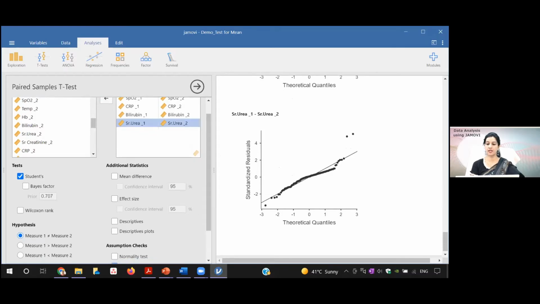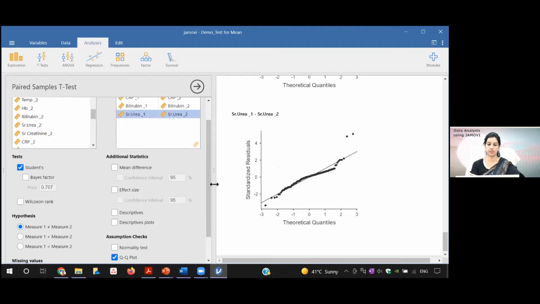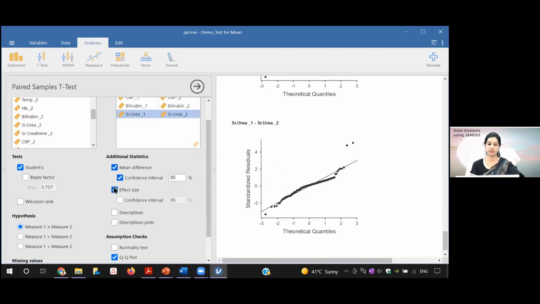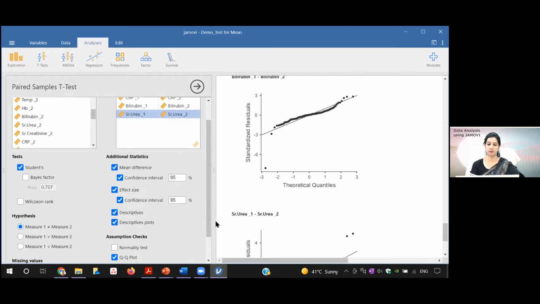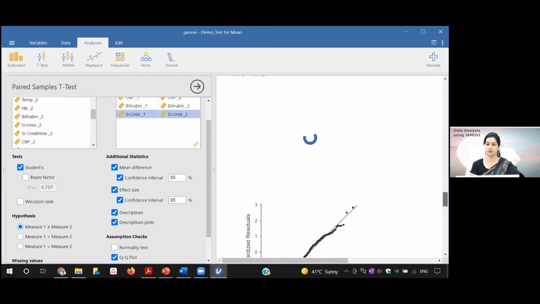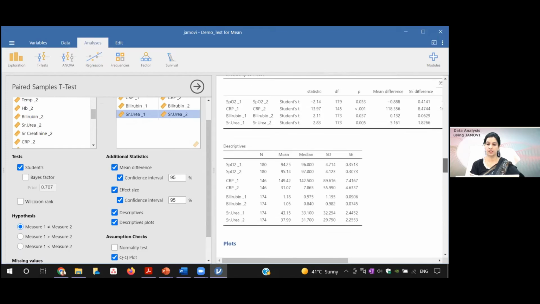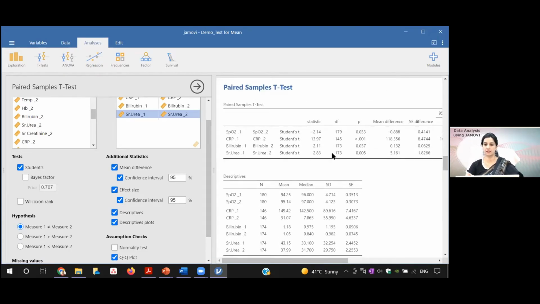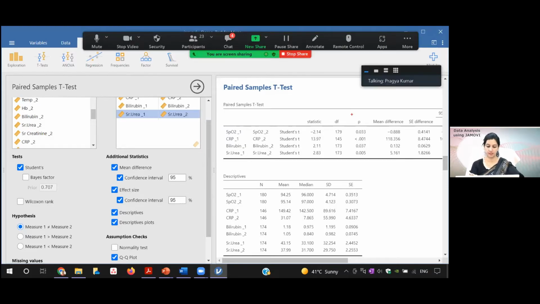And then once I've checked the normality, then what I'll do for the outlier, you can go and check with the exploration like we did before. Then you can check the mean difference, its confidence interval, the effect size, its confidence interval, descriptives, and then descriptive plots also you can do. So you will see up the mean difference. So you can see here the first statistics. In this case, if you focus on this p-value, then you can see this is the significance. So which variable are significance in this case? The pre-post. Can you type in the